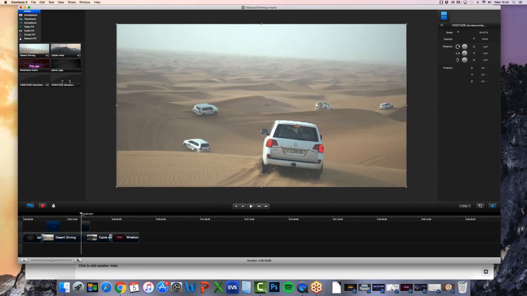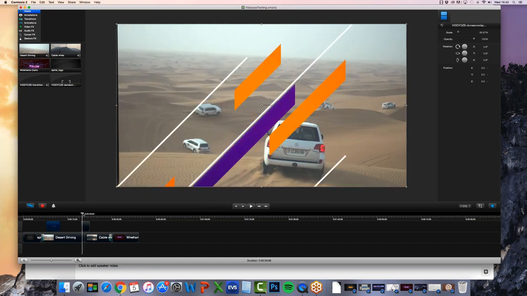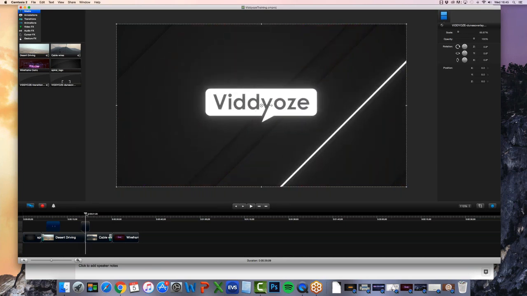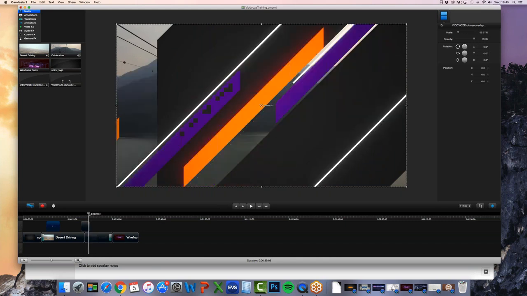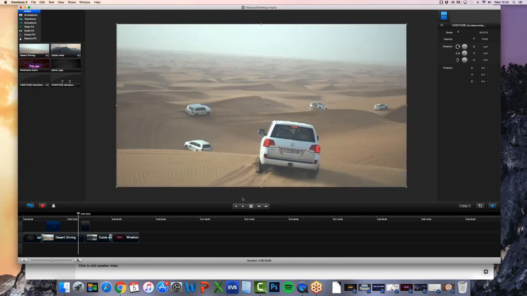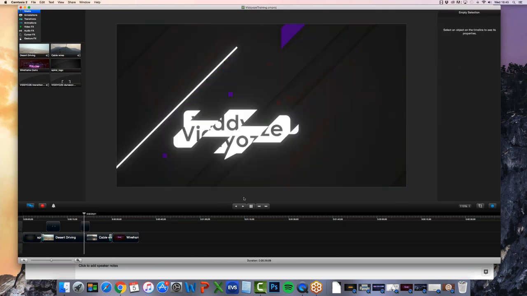So what this transition is going to do, if I go through it slowly, you can see the animation is starting there, okay? But it's not covering the video, okay? So it's starting to cover it. It goes into an animation, bang, our logo, and then it's going to start to reveal the next clip there. So it has a very smooth animated transition between two clips. If I play this, you can see how it works.